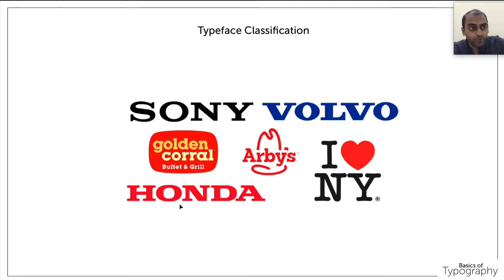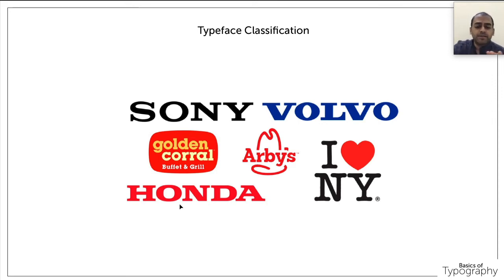Now coming to the logo part, slab serif font has been used in logos also. For example, the Honda logo is bold and it has to communicate some powerful meaning, and that color is also red. There is color psychology also, but still slab serif font elevates the design to the next level. And I Love New York, which is again a famous brand trying to communicate a strong message, uses slab serif font. Volvo uses slab serif font. All these logos use slab serif font, which itself shows a stronger and more powerful message in the logo itself.